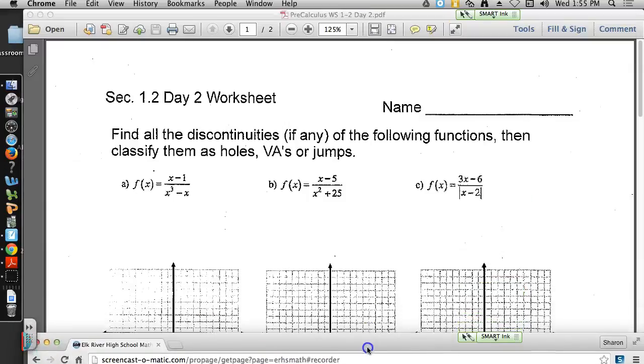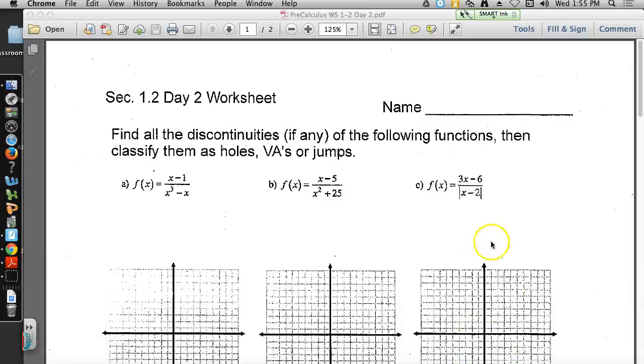These are the frequently asked questions for pre-calculus for section 1-2, day 2 worksheet, where we're working on vertical asymptotes, jumps, and well, discontinuities if there are any, and then we have piecewise functions. So I've been asked to look at B,